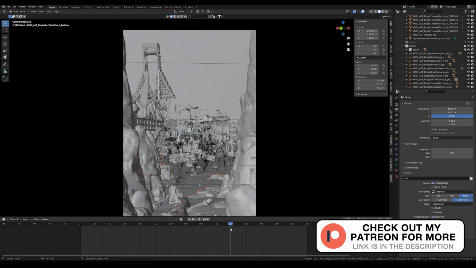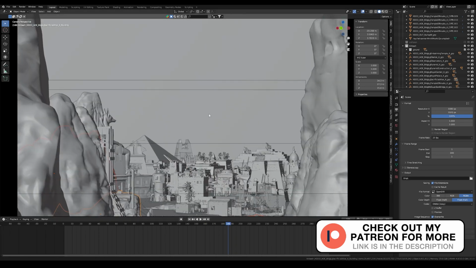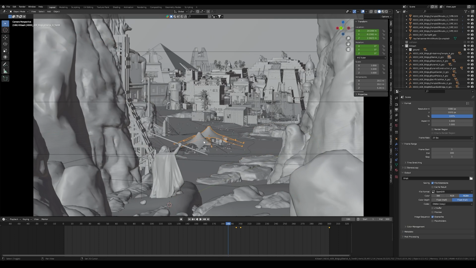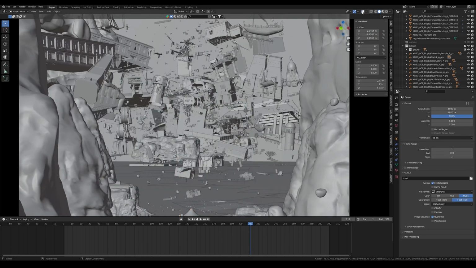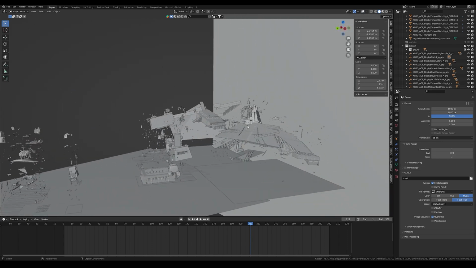Something that also didn't look good in my opinion were these tents right here, because it just looks weird when they fly up in the air. So let's also keep them on the ground by just deleting the keyframes. And you can also really easily art direct it a little bit further. For example, the pyramid back here, I don't really like it because you can also see under it,